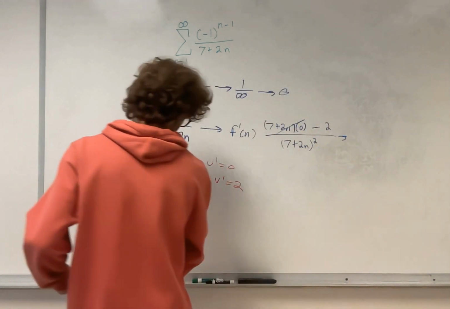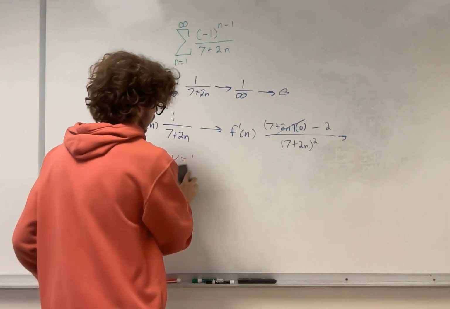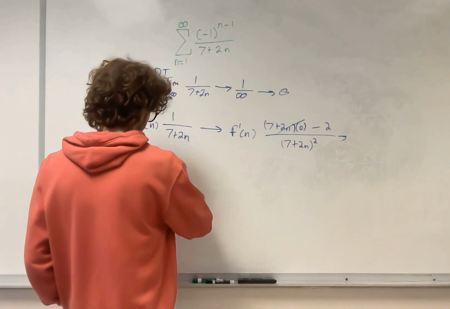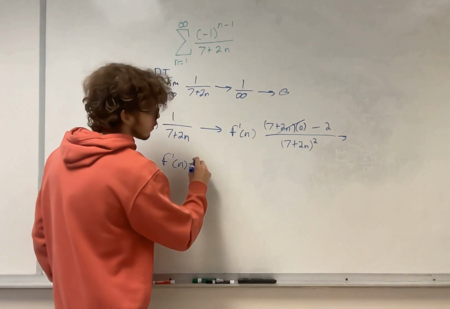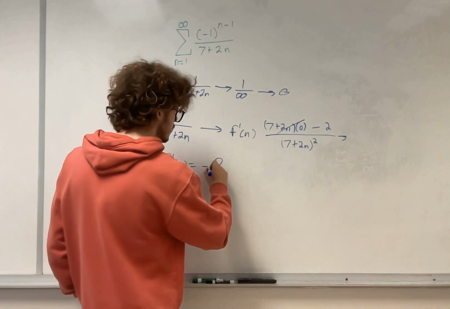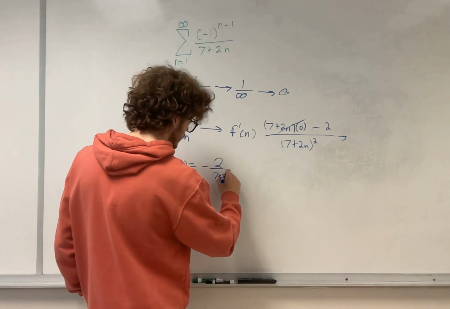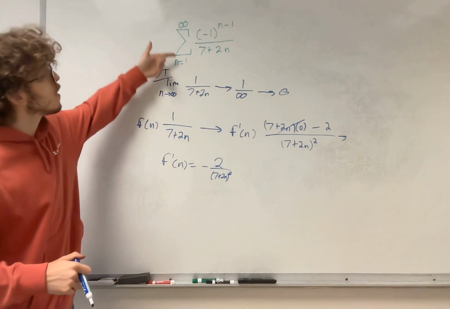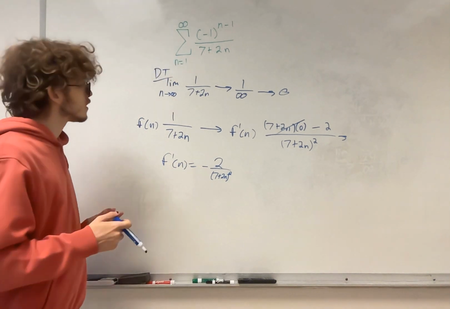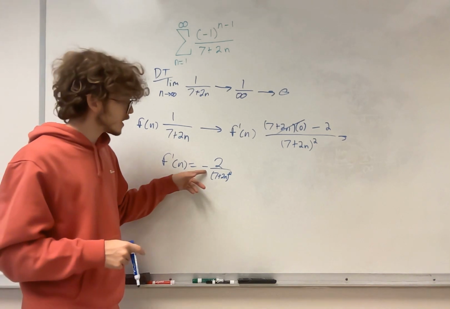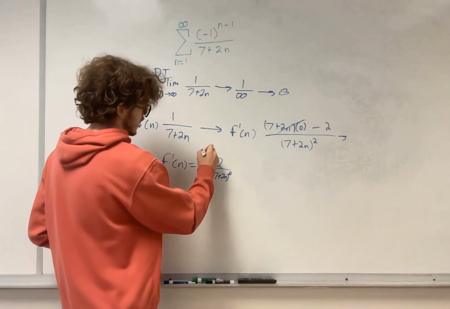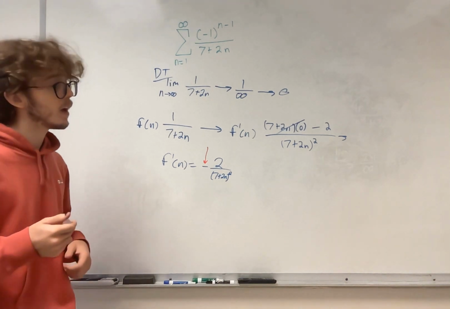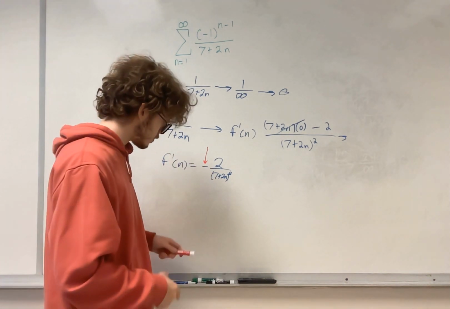So is our series always decreasing? Think about it as a function, take the derivative. So f prime of n we find to be -2 over 7 plus 2n squared. Now for any value I plug in, 1 through infinity, which is our bounds of our series, we're going to notice we're going to get a negative value because of this negative sign here. And because of that alone, we know that it is always going to be a decreasing value, which means that,